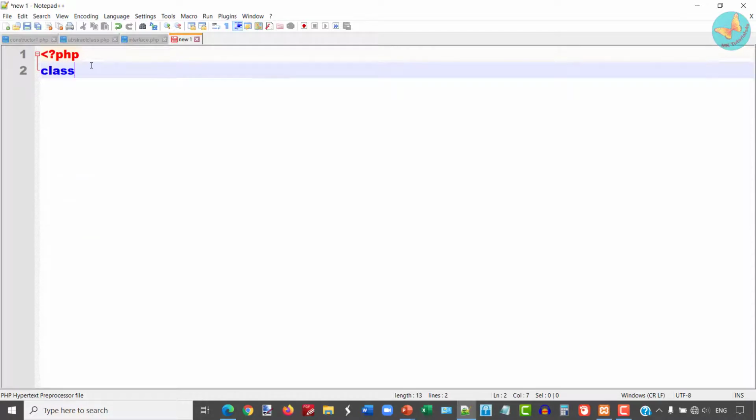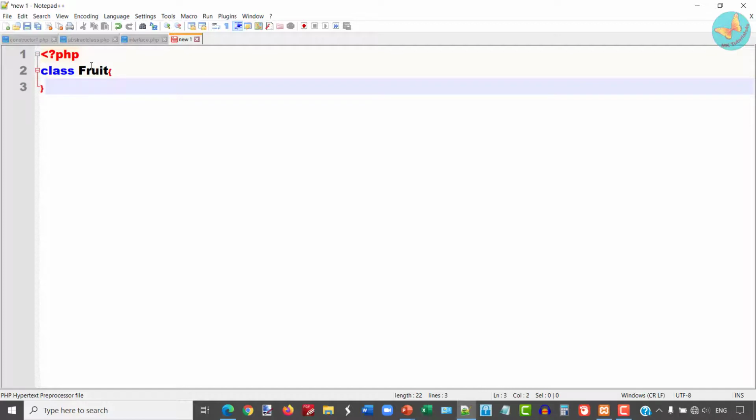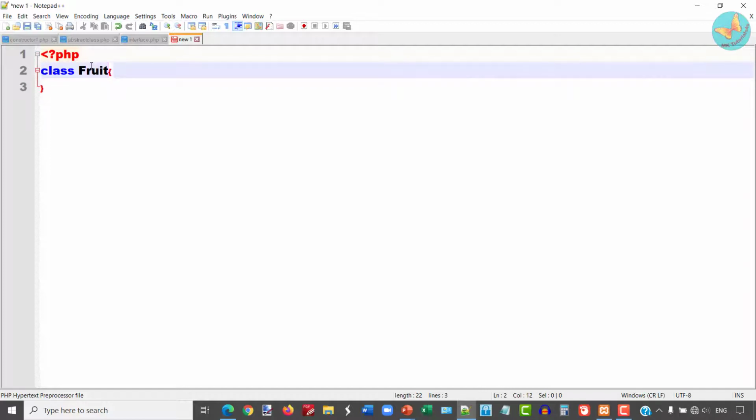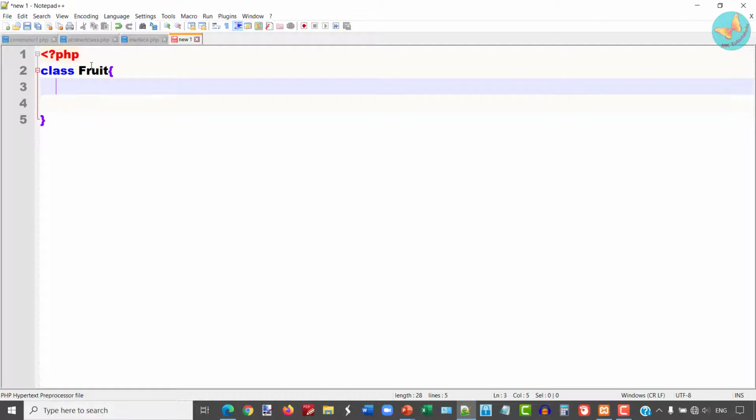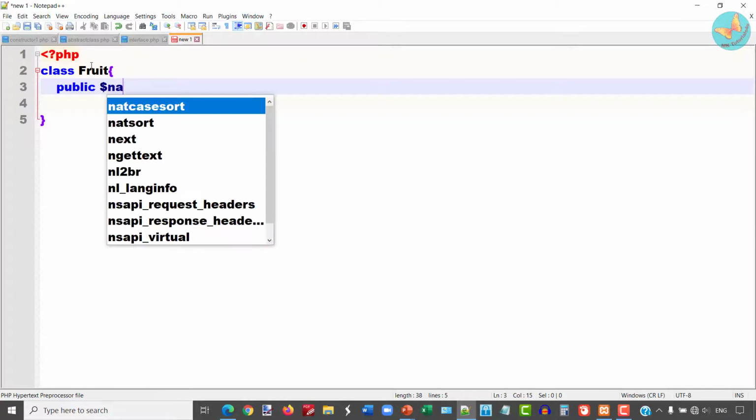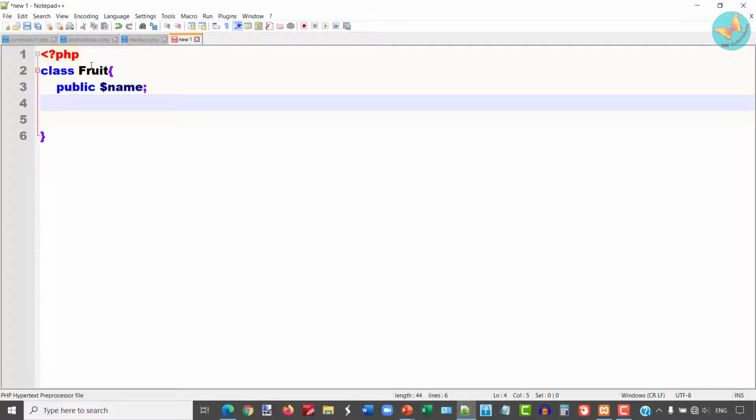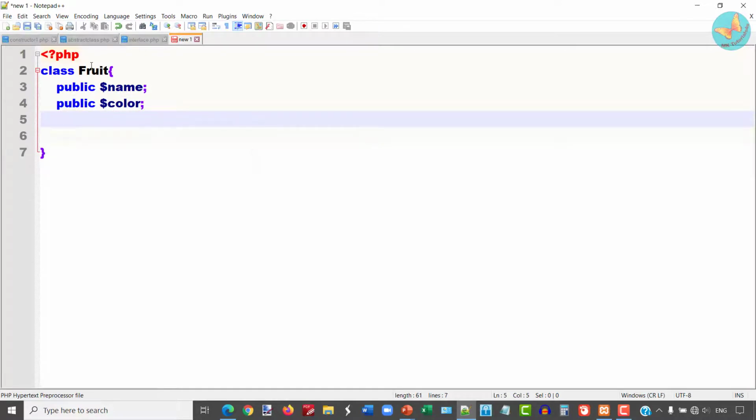I'll declare class fruit, and within the body of this fruit class, fruit is my parent class. I'll declare one first property, $name. Then I will declare one more property, color. Next I'm going to write the constructor for this class, which will initialize name and color.